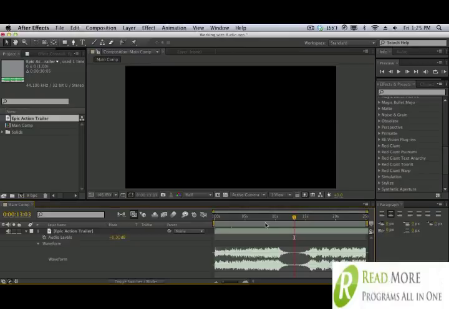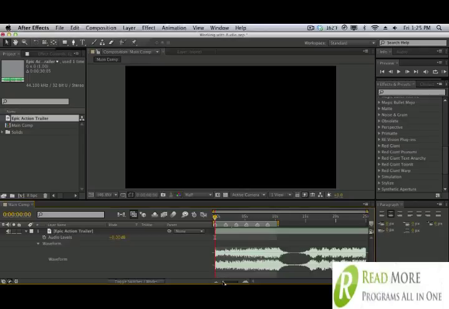So for an example here, I'm just going to listen to this audio track for maybe the first 10 seconds or so, and then while I'm listening in real time, I'm pressing the asterisk key when I want a marker to be placed. So I hit 0 on the keypad to do a RAM preview. So as you can see, it's a really useful process while you're listening to mark the points where you want